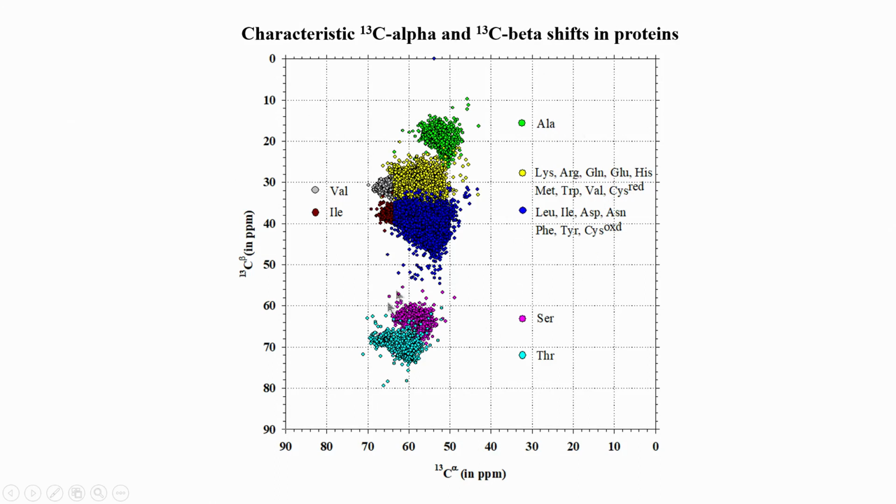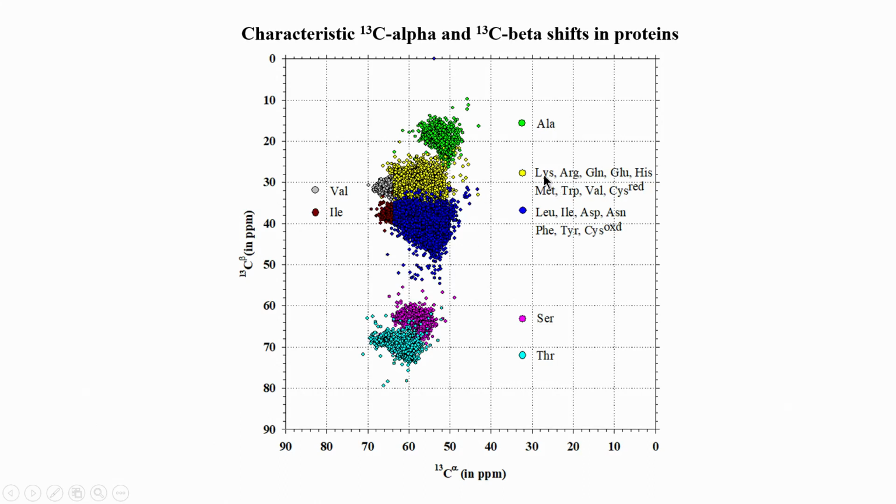Here you can see this is a 2-dimensional plot with C alpha on the x axis and C beta on the y axis. So, you can see that amino acids cluster into different groups based on their C alpha and C beta. So, for example, let us start from here. Alanine has a very distinct chemical shift as far as C beta is concerned. Look at this axis, the vertical axis, C beta comes in this zone. This was based on thousands of chemical shifts from the database. So, you can see this is the range of chemical shift for alanine.